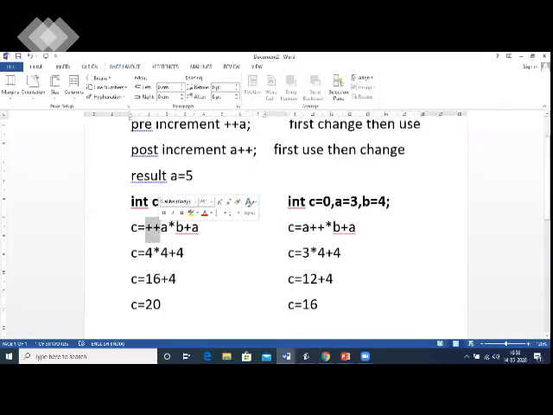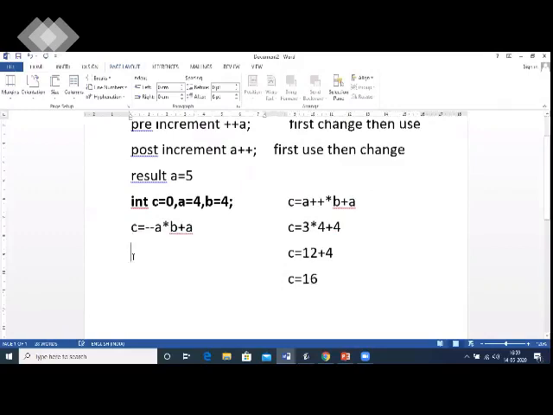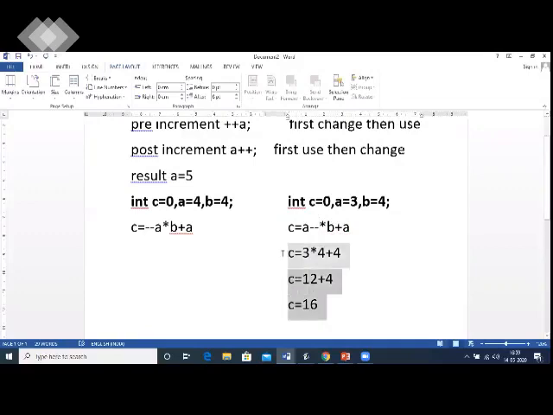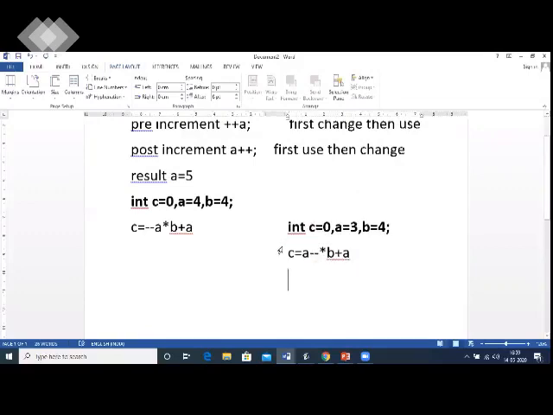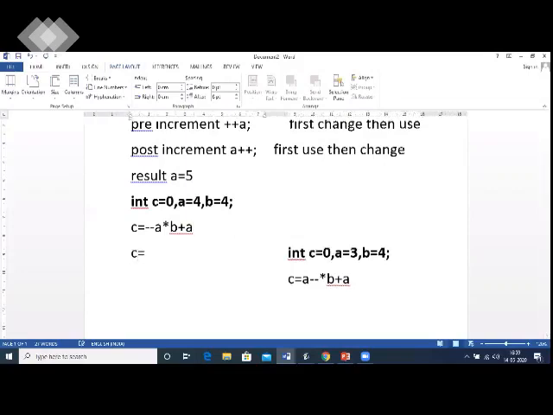We'll slightly change the question, minus minus A. Now when we'll be solving it, as we know, the initial value was 3 in both the cases. Now the rule of pre-decrement will be the same way. We will be changing over here.